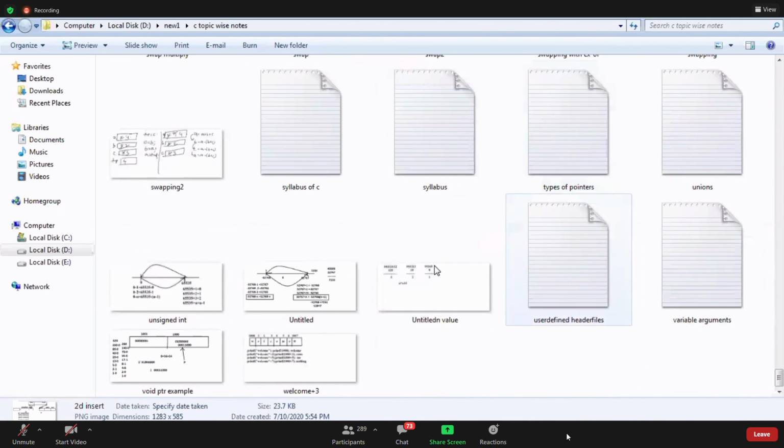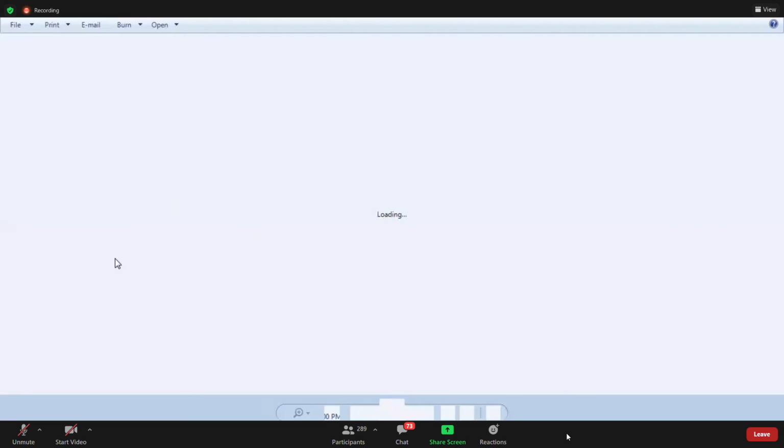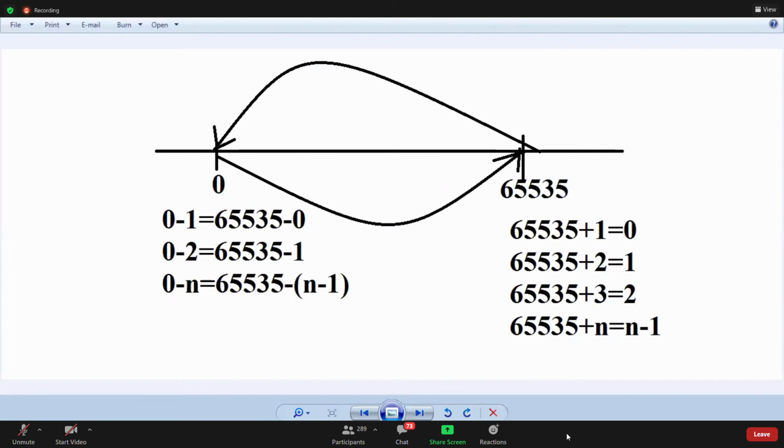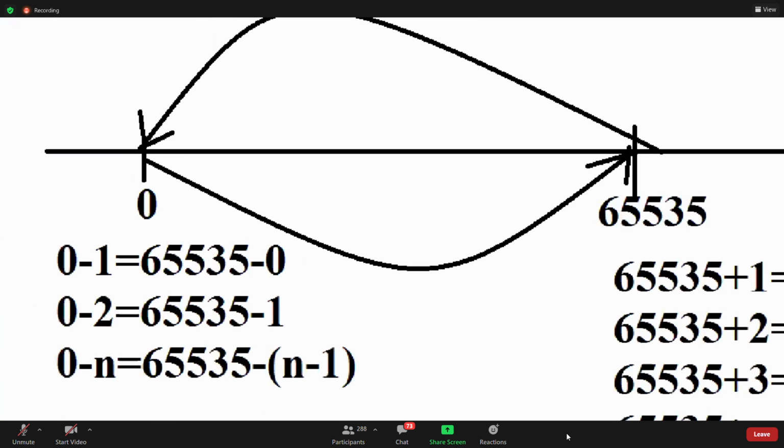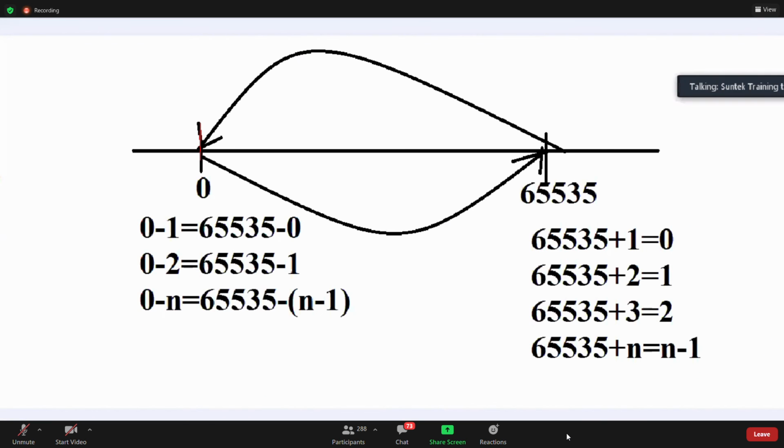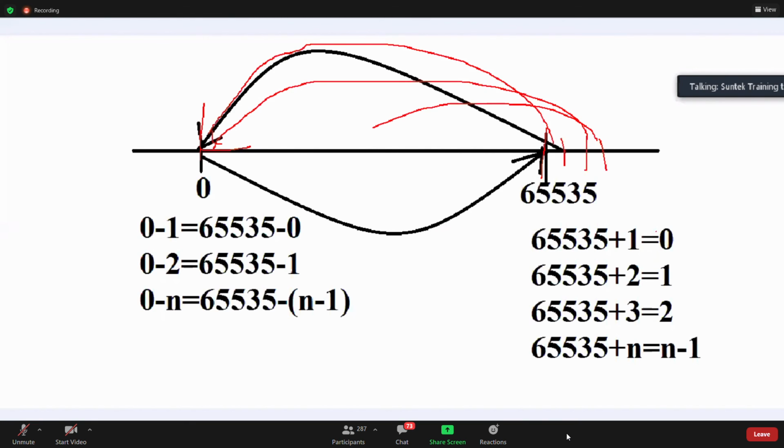It takes the values in circular manner. This is the range 0 to 65,535, guys. If I give 36, what value will we get? 0 will get. 36 means 0. 37, if you give, next value will get 1. 37 means 1. 38 means 2 will get. 39 means the next value.